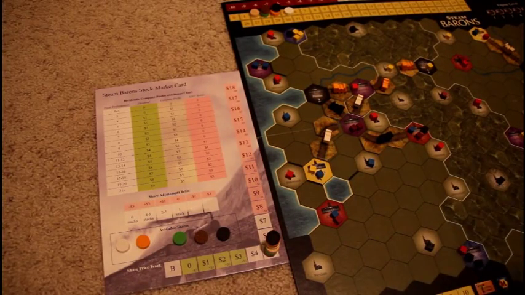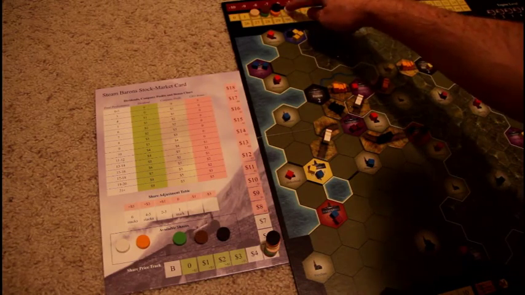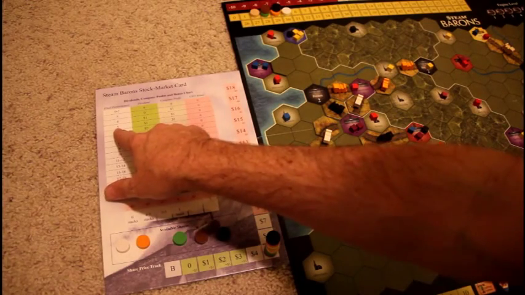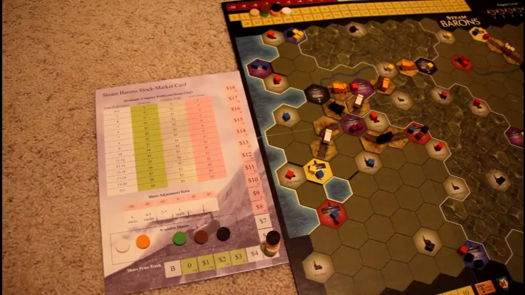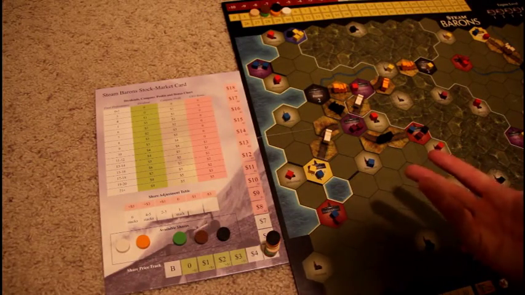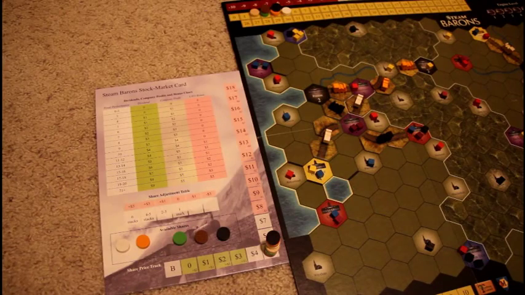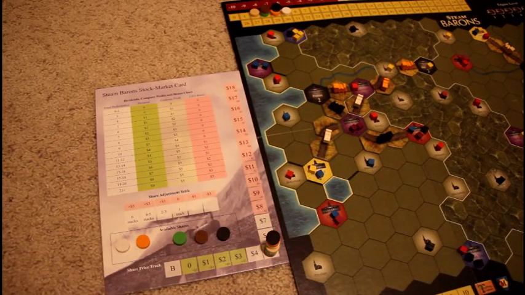Alright, so what we're going to do now is go, okay, white is on the number 5 here. He delivered over 5 tracks. So then we're going to go to our chart. We're going to see 5 pays out a dividend of $1 per share. Well, it's the first turn of the game, only one share has been auctioned off, so the white shareholder is going to have $1 added to